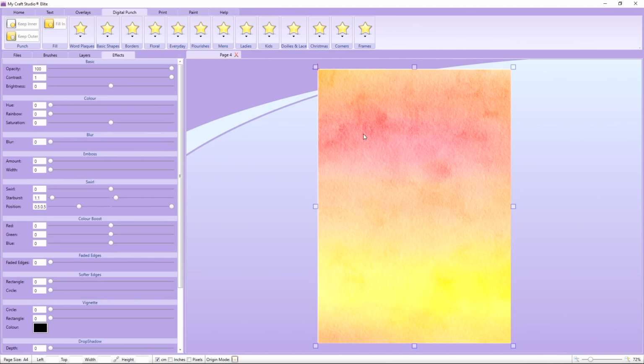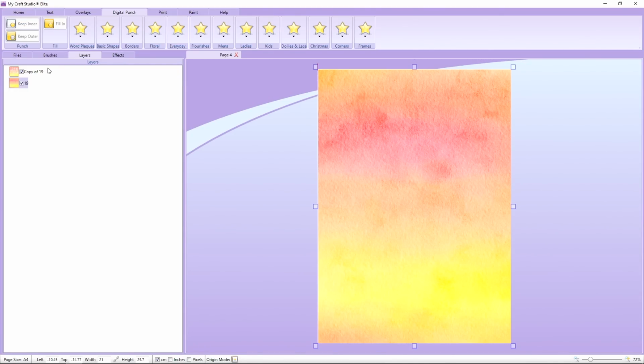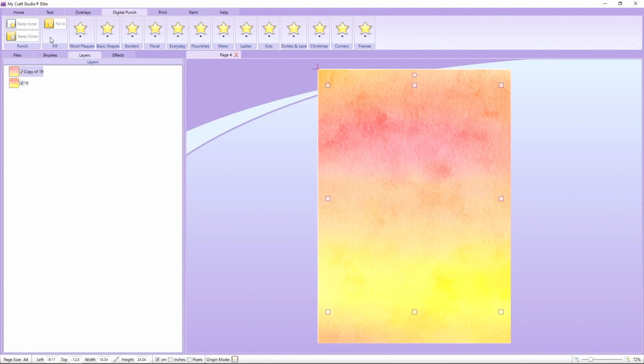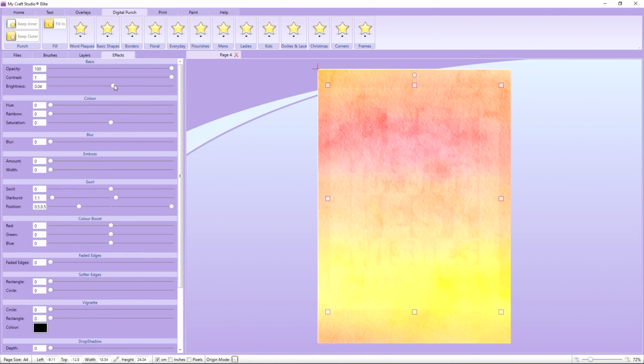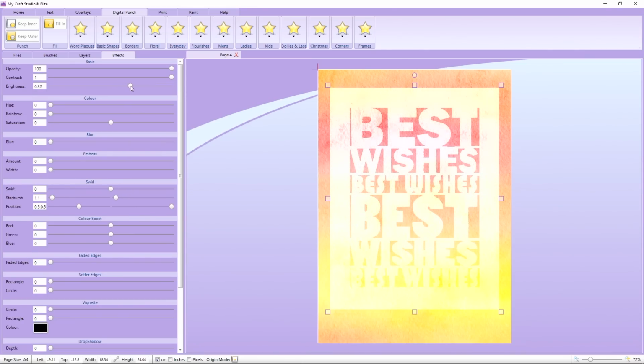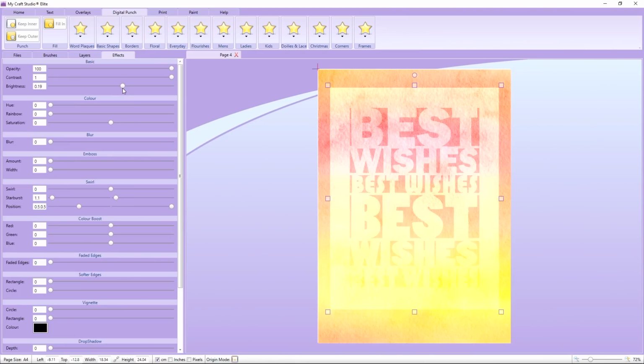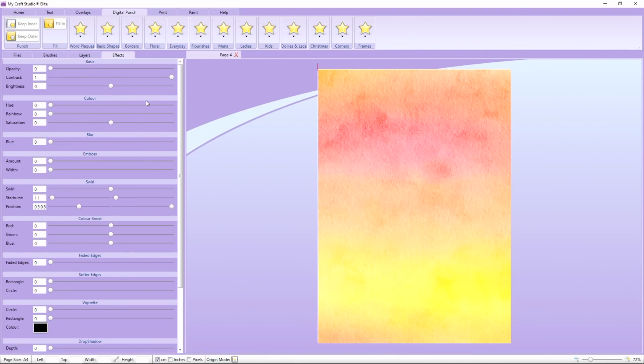Again, it looks like we've done nothing because we've got the layers on there, but we see we've got the 2 different layers. So if we click that one off and click it back on again and back into the effects, again, use the brightness, you can see that we've actually got that same effect with that particular sentiment. And we can do this with all of those different sentiments, but we can also do it with the, again,